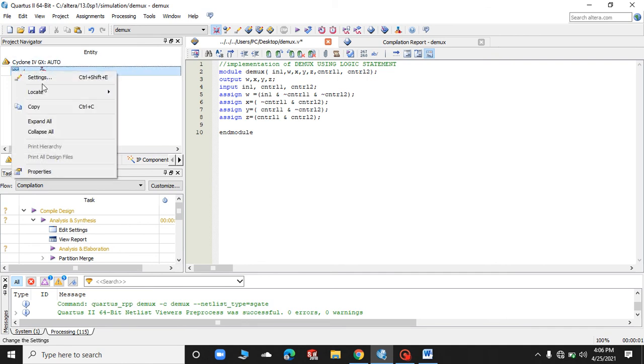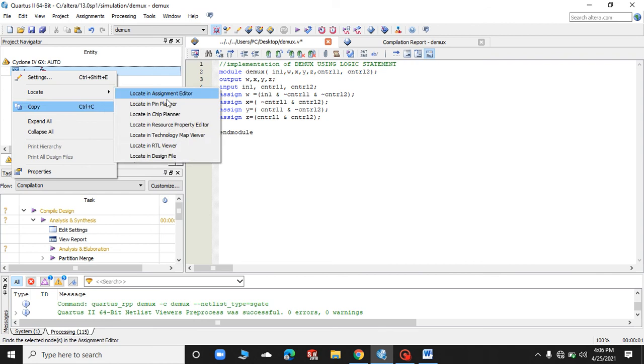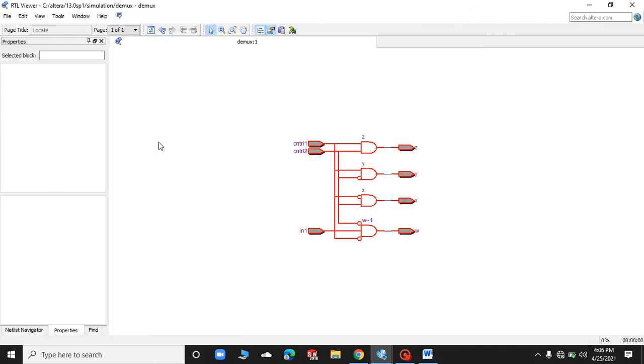Let's click here, locate in RTL viewer. You can see that the circuit is the same, as we have control 1 and control 2 over here, then input 1. So this is the basic circuit of the DMUX, so you can verify it. And as far as the simulations or the waveforms are concerned,